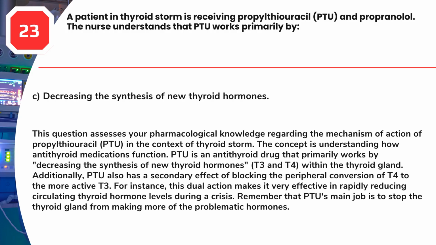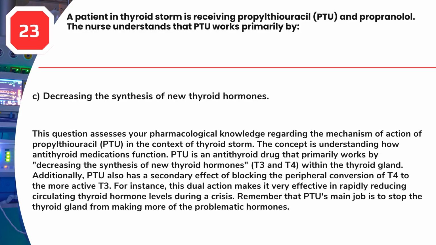Answer C. Decreasing the synthesis of new thyroid hormones. This question assesses your pharmacological knowledge regarding the mechanism of action of propylthiouracil, PTU, in the context of thyroid storm. The concept is understanding how antithyroid medications function. PTU is an antithyroid drug that primarily works by decreasing the synthesis of new thyroid hormones, T3 and T4, within